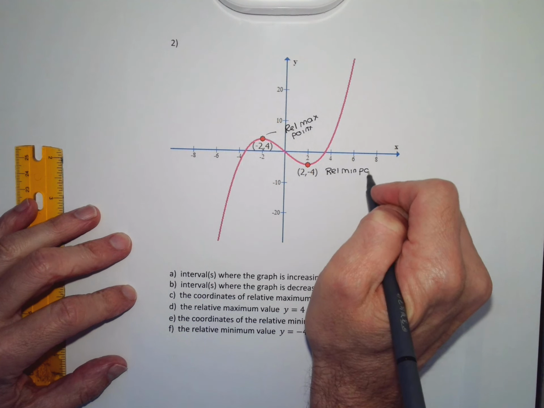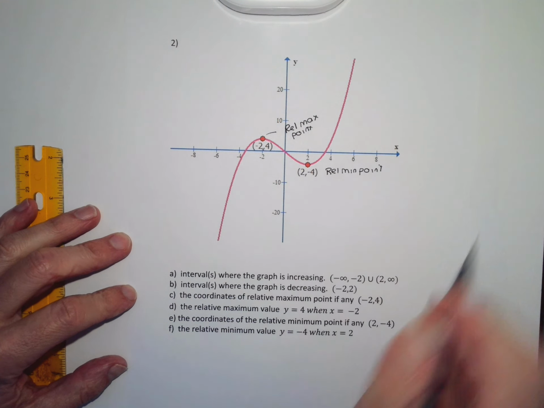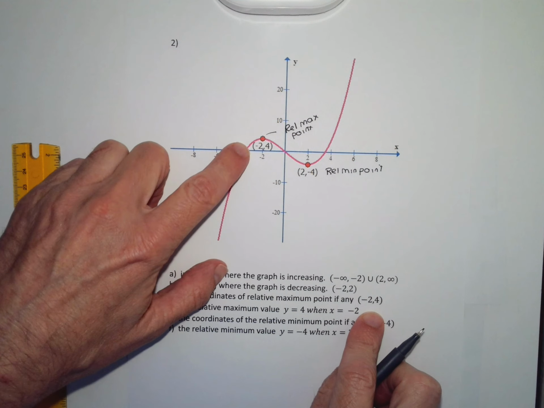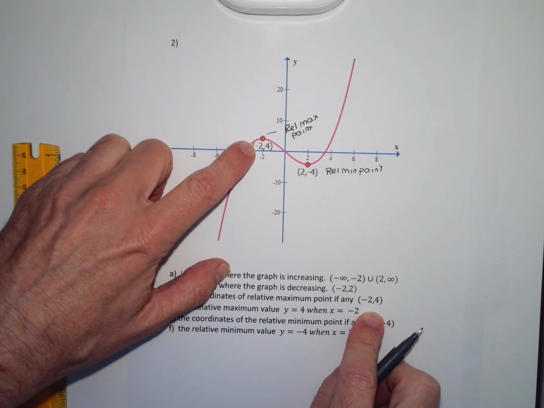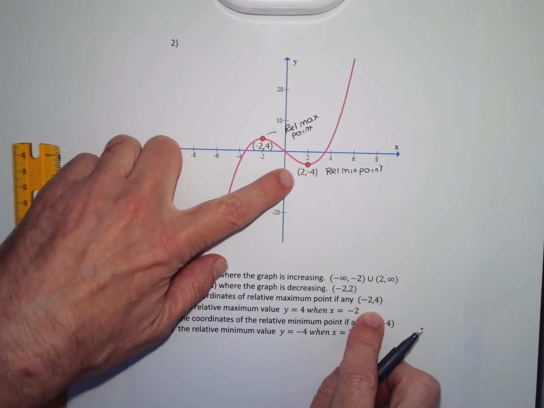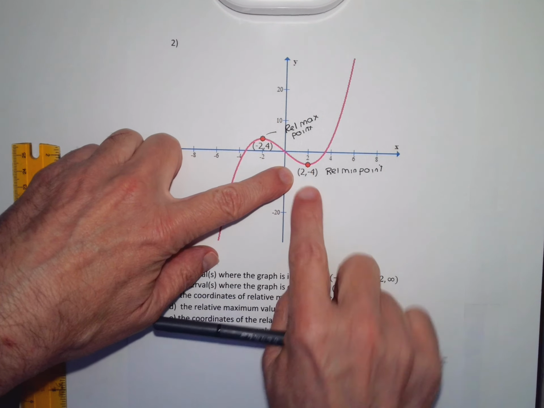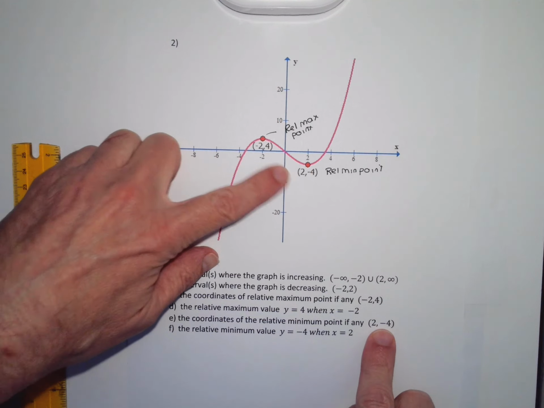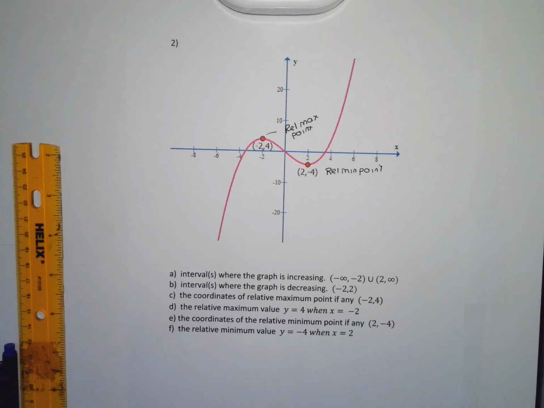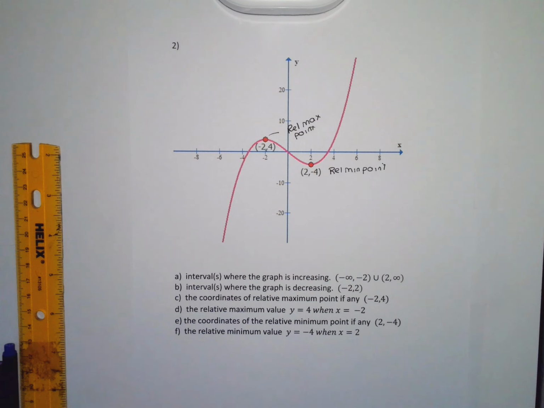So when I typed up my answers, I said the relative maximum point is the point (-2, 4), because I realized that's a maximum point. And when I answered part E, the coordinates of the relative minimum point are (2, -4). That's just by inspection. And then the relative maximum value and the relative minimum value is always the y coordinate